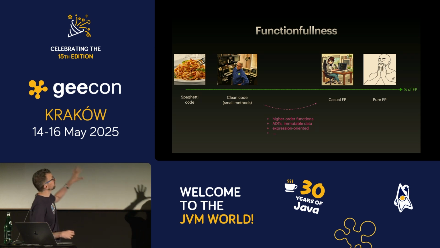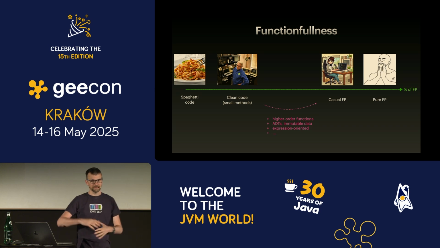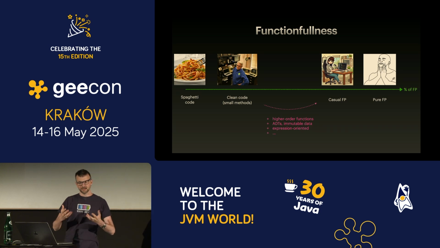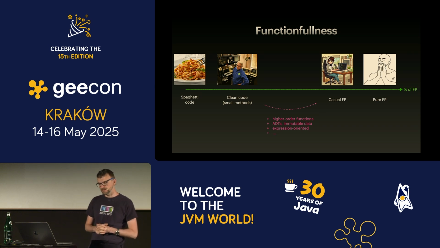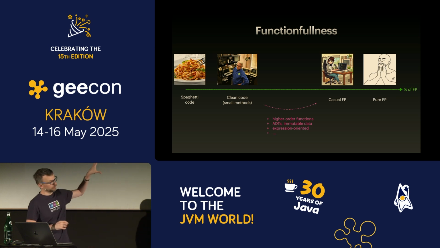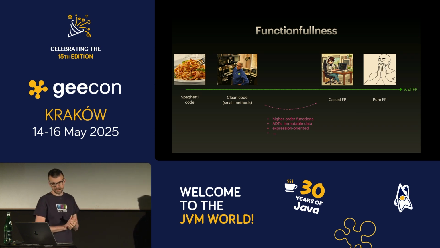When you start with some spaghetti code, which is just a large blob of thousands of lines of code in a single file, you can try to refactor it to extract some methods from it, make them small, composable, and maybe apply some other clean code principles. That's fine and that's a good thing in introducing clean code